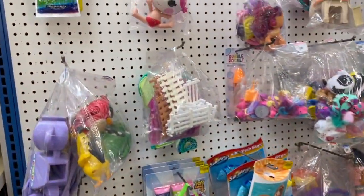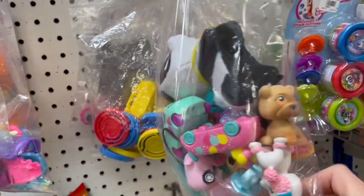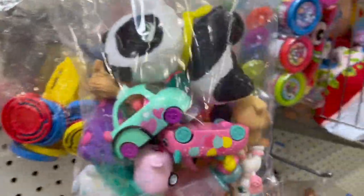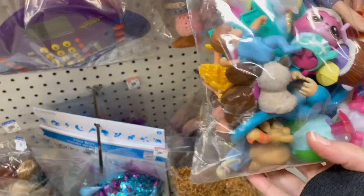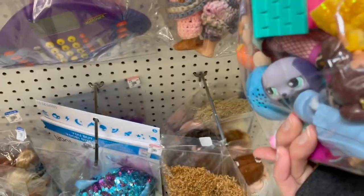Next, we went to the toy section. This has kind of been my route lately in the stores, hitting the VHS and then looking at the health and beauty and then going to toys. So I was looking at these bags of toys because it looked like they might have some of the littlest pet shops in them. This particular bag here did have some, but it only had 3 that I could see,